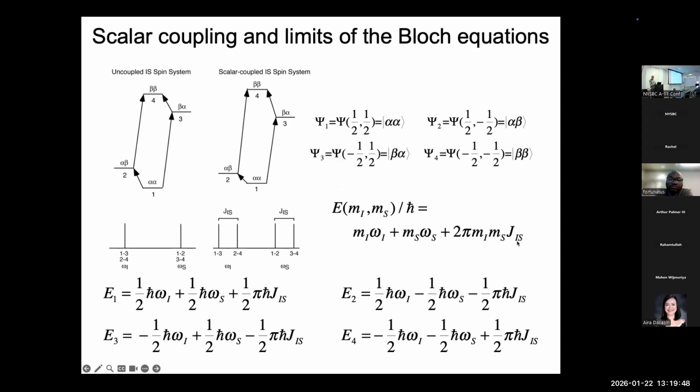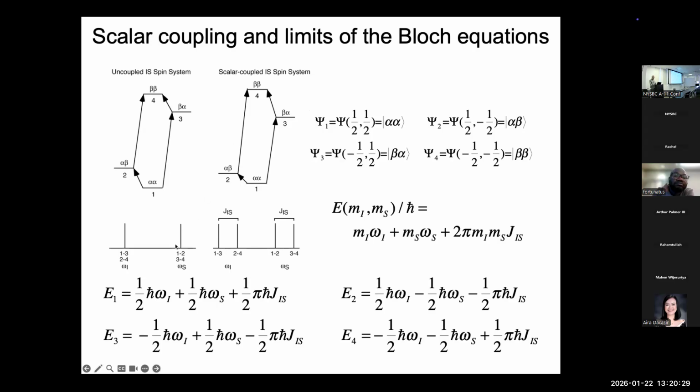J's historically are measured in hertz. So to get them into energy units, we need this factor of 2 pi to get the angular units. And then there's the product of the two magnetic quantum numbers. And you can see here in the picture that the transition energies from alpha alpha to alpha beta, or beta alpha to beta beta, are identical if the spins aren't coupled. If they are coupled, the transition from alpha alpha to alpha beta is less energy than beta alpha to beta